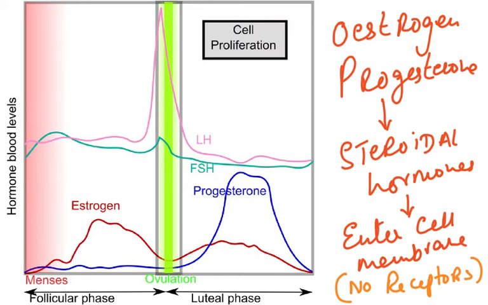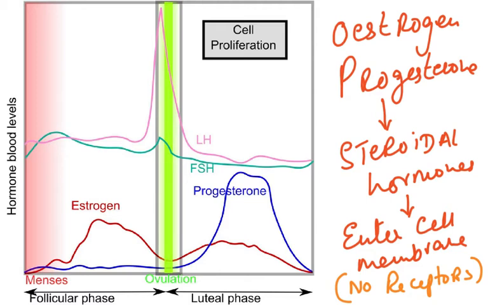This is another graph which explains this very well. You can see again we have the follicular phase and the luteal phase, and we have the ovulation. Another factor which you've got to understand is that estrogen and progesterone are steroidal hormones, and because they're steroidal hormones, they can easily enter the phospholipid bilayer: steroids, cholesterol, fats. So the hydrophobic part of the cell membrane is not going to be a deterrent, because if it was a water-soluble hormone like insulin,